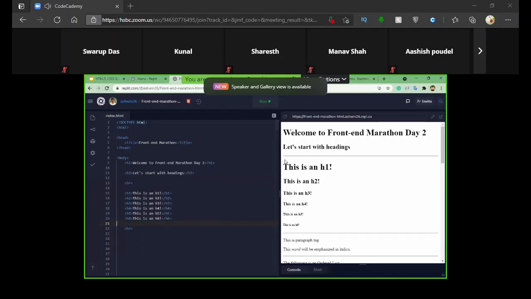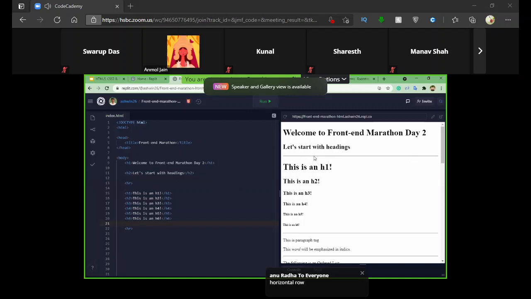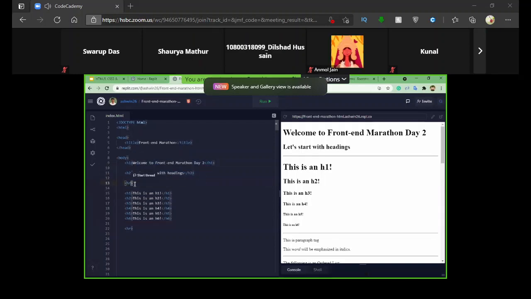As you can see over here, there's a horizontal line. To declare this horizontal line, we use something called the HR tag. Compared to the heading tags, the HR tag is quite different. What's special is that we don't have a closing tag.